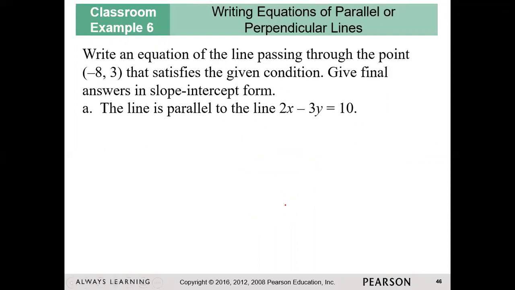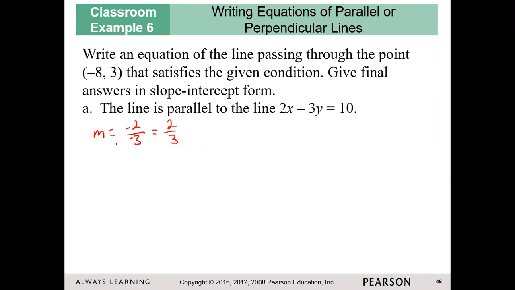Okay. So write an equation of a line that's passing through the point (-8, 3) that satisfies the given condition. Give the final answers in slope-intercept form. So we want this line to be parallel to this line. Okay. So in order to be parallel to this line, it has to have the exact same slope. So the slope of this line is going to be the opposite of A over B, which is going to be